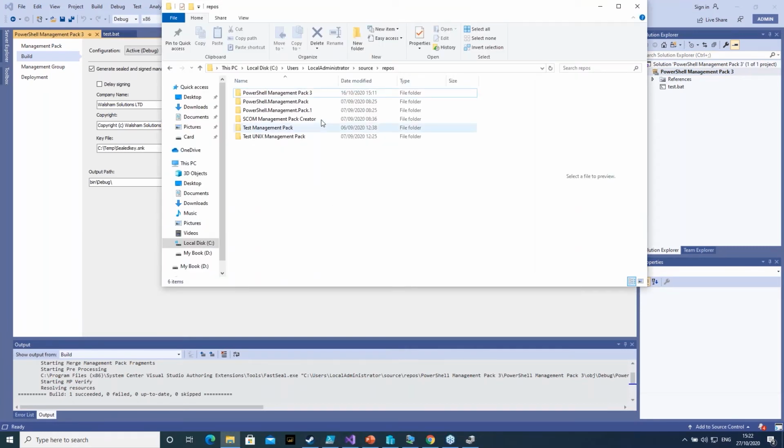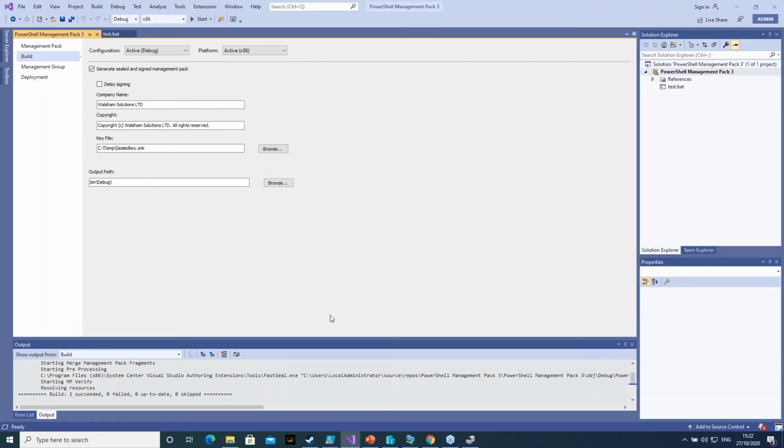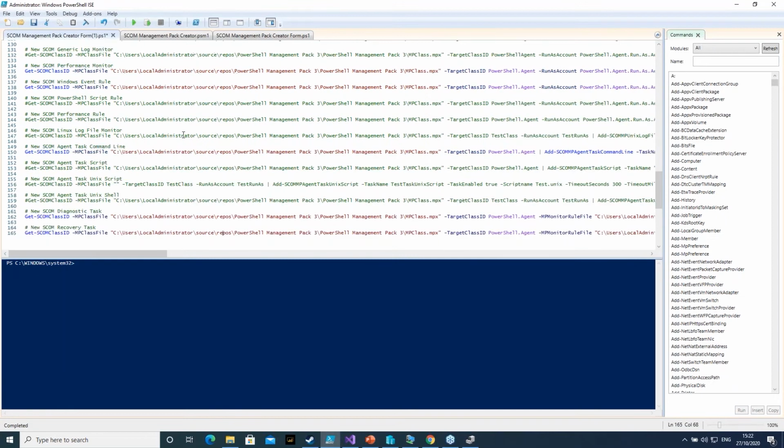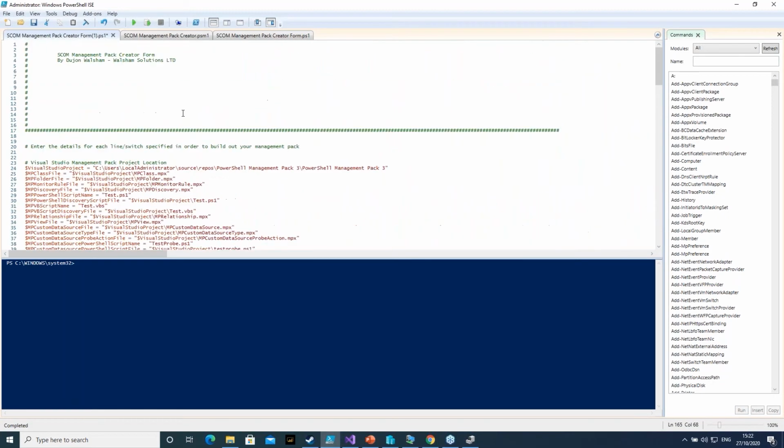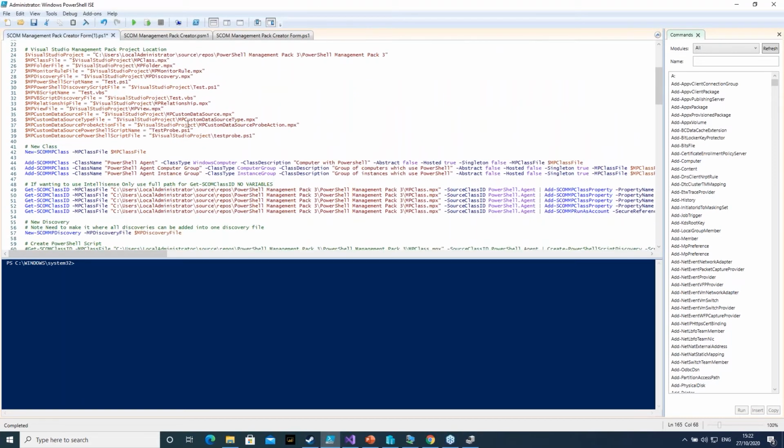Then if I go into my location here for the management pack, at the moment, as we can see, everything here is blank. So we will now run the management pack creator form, which will use the functions for the SCOM management pack creator. So if we hit this,